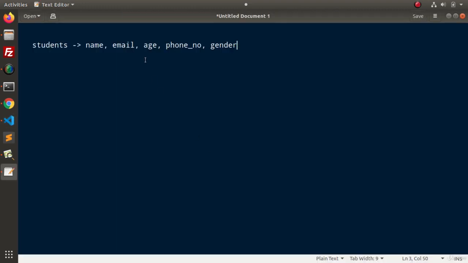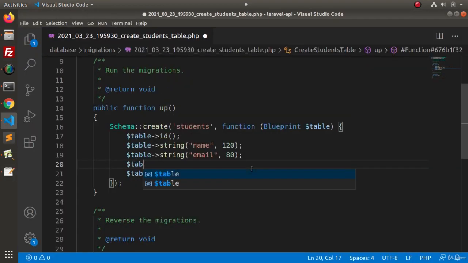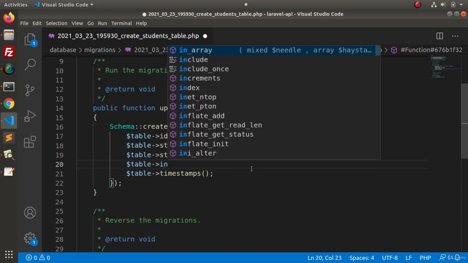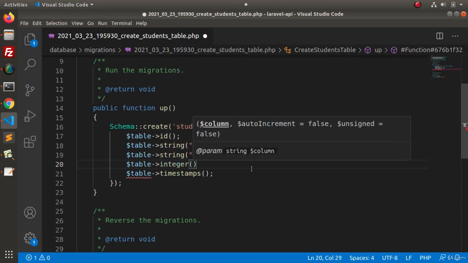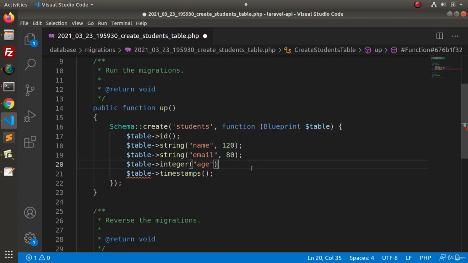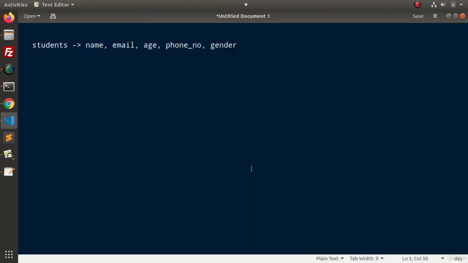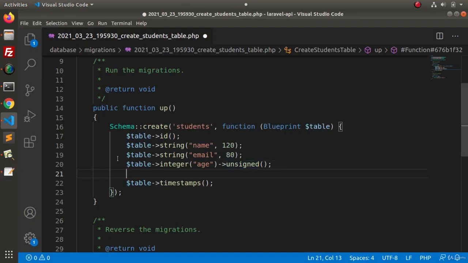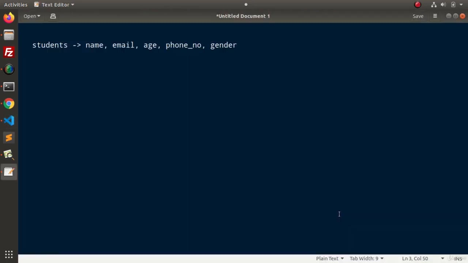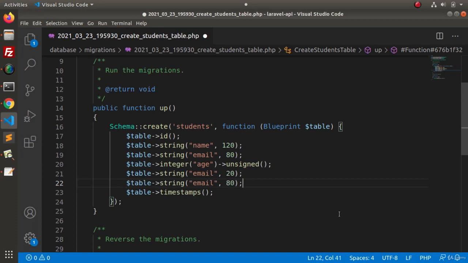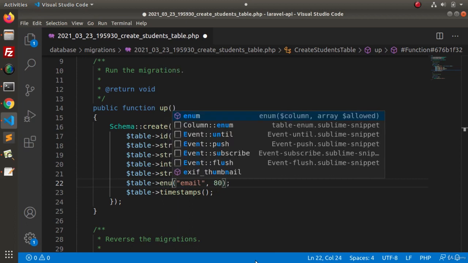Next we want age, so in the table, age should be an integer value, so integer age, and this is unsigned. Now next we want phone number, so phone number is also a string value, but in this case it is 20 characters in length. And finally we want a gender column, so here instead of a string let's pass enum,